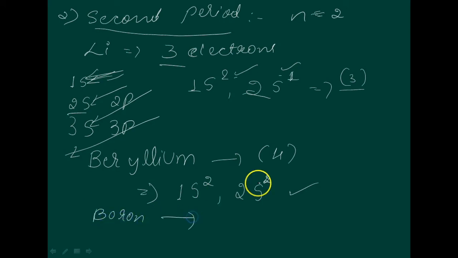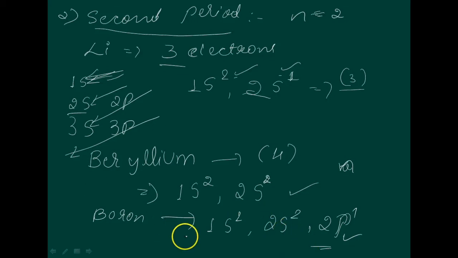How will you fill boron? So this is 1s squared, you fill 2s squared, then we are entering the 2p, 2p power 1. So now you enter the p orbital. Now the 2p orbital is entered, and the L shell has 8 elements in the second period. So this is the 2p orbital, 2s.